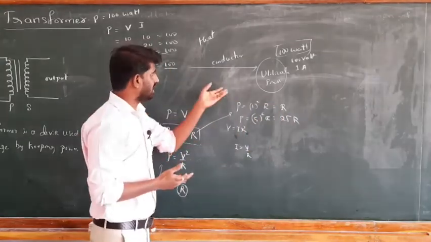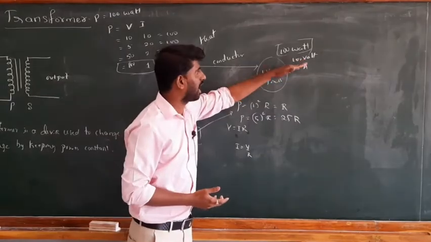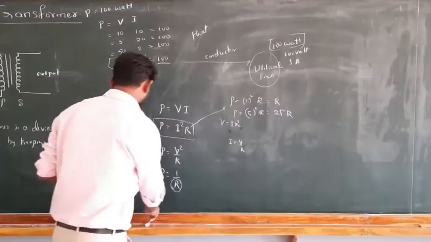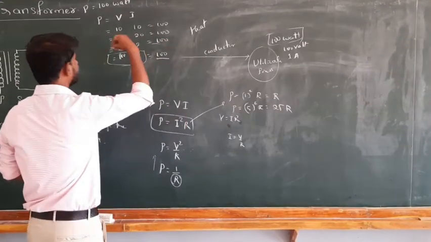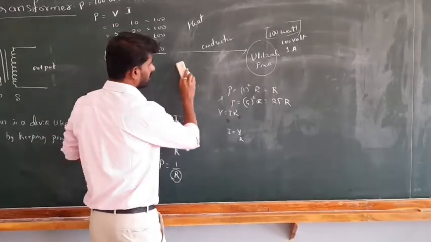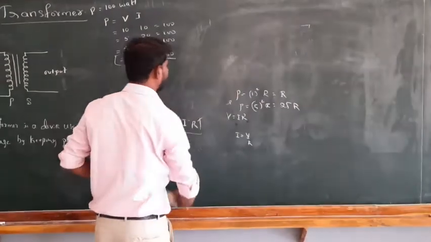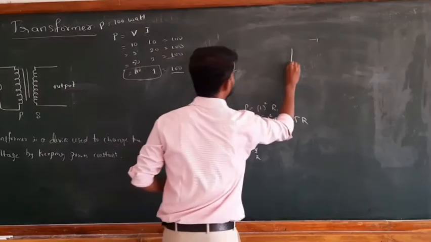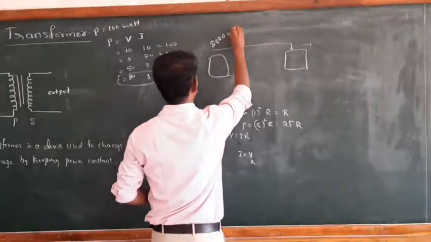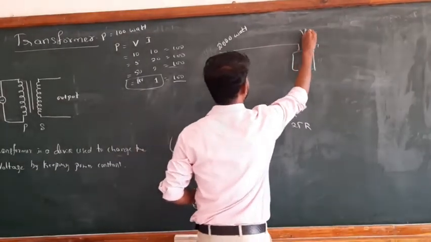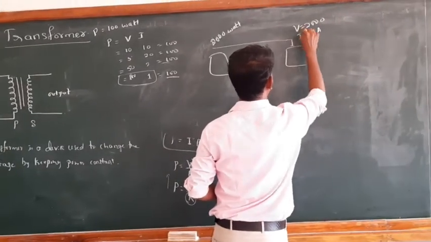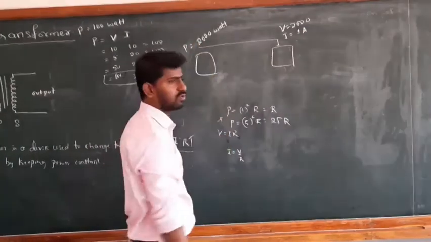Okay, so we got 100 volt and 1 ampere. Actually, we don't get by with just 100 watt. So what shall we do now? Let us increase it. I am transferring the electric power from the power station to the utilization point as 2000 watt. I send it with V equal to 2000 and I equal to 1 ampere. P equals V into I, again you will get power 2000 only.